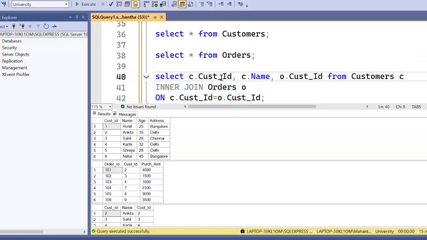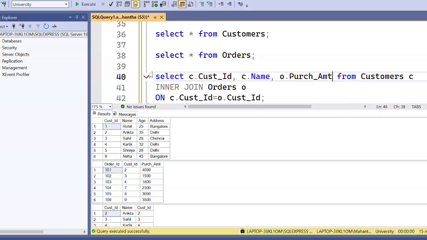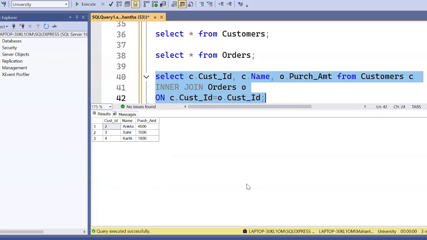We were simply using customer ID twice. So I will take out this customer ID and instead mention purchase amount. This should do the trick. Let me execute this. Okay, you guys got the purchase amount.